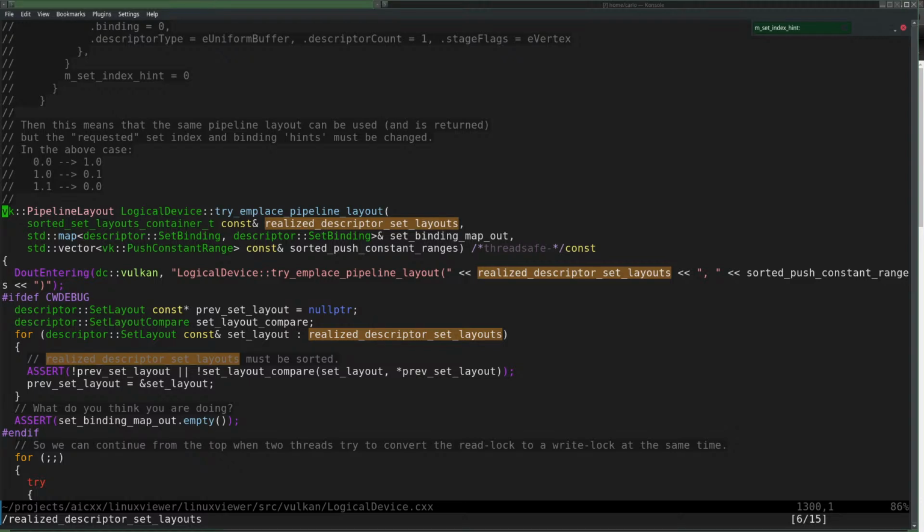I think, yeah, the try and place means that if I cannot find it in the cache, I'm creating it, and if it is already in the cache, I do nothing. It returns what is already in the cache.